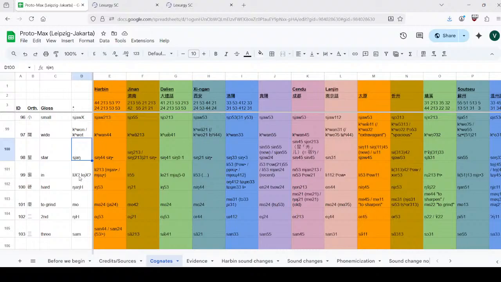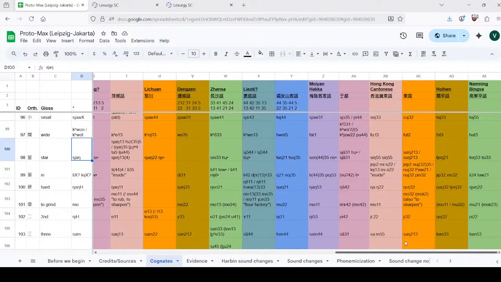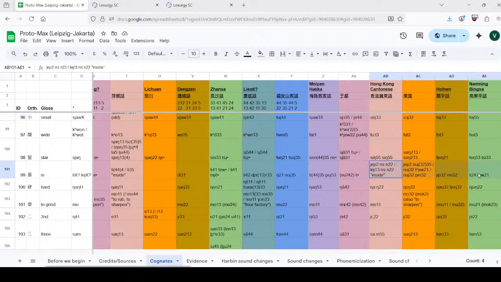Inside. The problem here is that none of the lects that show a distinction between E and A reflect this lemma well, quote unquote, properly. So we can't tell. Honestly, the main branch that does this is Cantonese, and for a lot of them